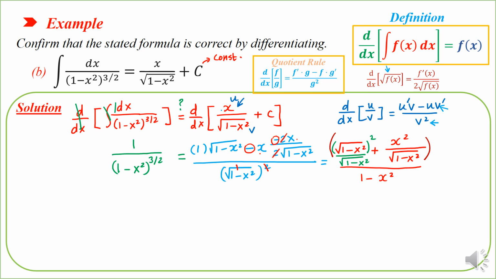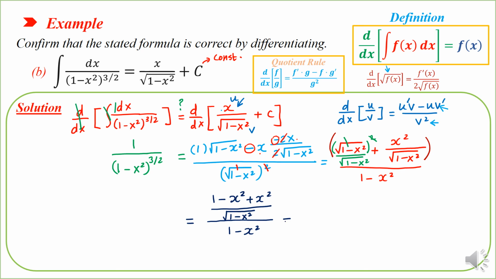And as you know, you can cancel the radical sign with power 2. So this will give us 1 minus x squared in the denominator, and in the numerator we have 1 minus x squared plus x squared divided by square root of 1 minus x squared,